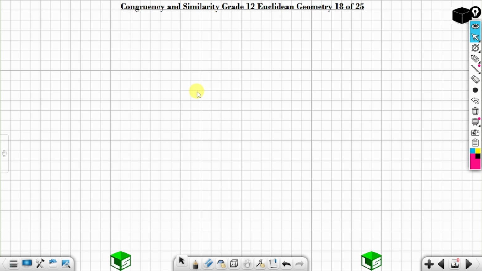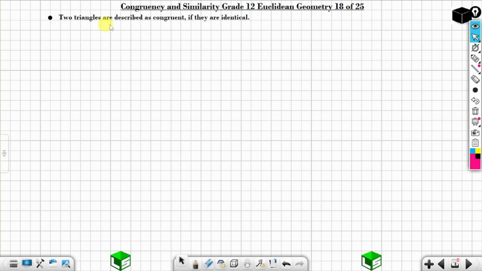Now that you know about ratio and proportionality, we are going to use that concept to understand congruency and similarity. You can use congruency and similarity in many different shapes, but in this video we are going to use congruency and similarity in triangles. Okay, so